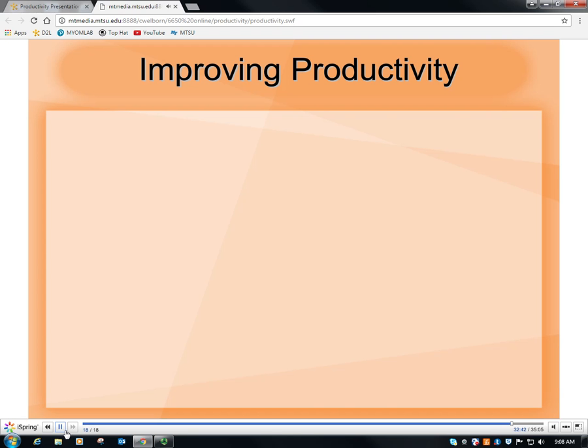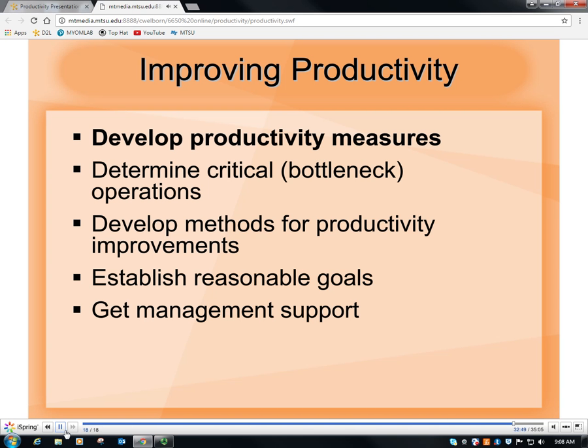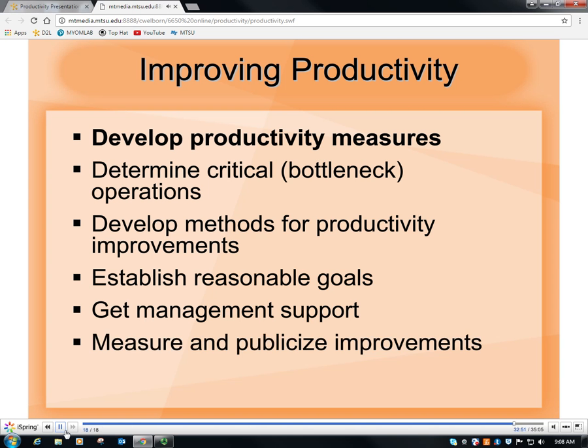If you do decide that you need to do a task, or you're just trying to improve your productivity in your own operation, there are a couple of steps, and hopefully they make sense. I would almost say they're common sense. The first thing you need to do when you start having questions about your productivity, and you say, we want to be more productive, is develop a productivity measure. We need some kind of metric. We need some kind of number that we can all measure and all agree on and all talk about consistently